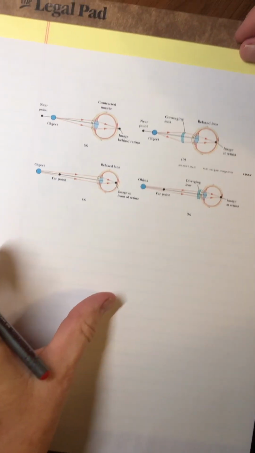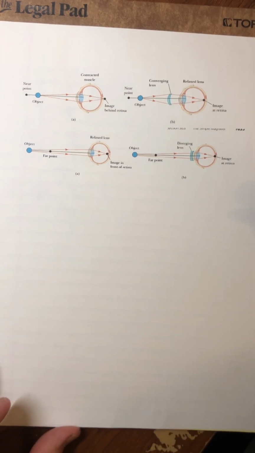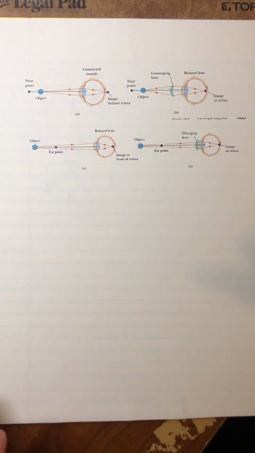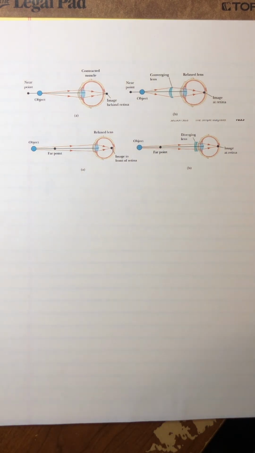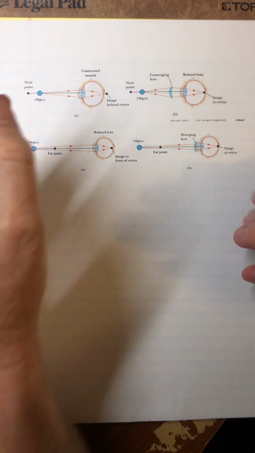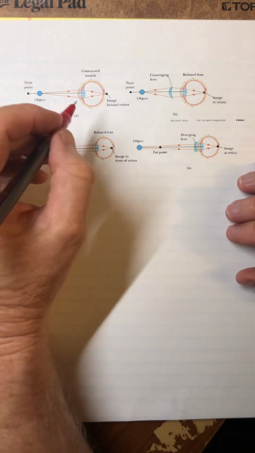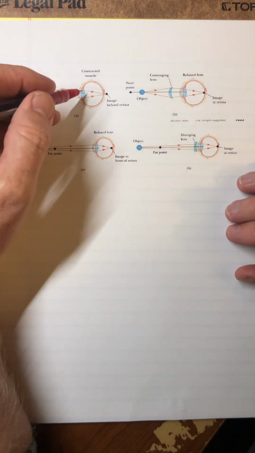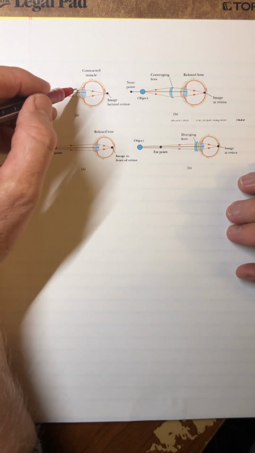In fact, that might give me a chance to point out what your author talks about, people who are nearsighted and farsighted. People who are farsighted can be farsighted with age, as I was saying, but you can also be young and farsighted, although most young people are nearsighted, they're not farsighted. But what's happening here in the eye is if you don't have enough curvature to, say, your cornea,